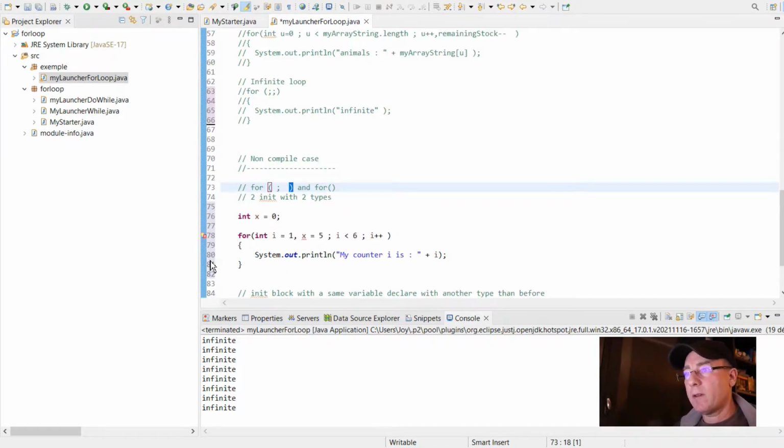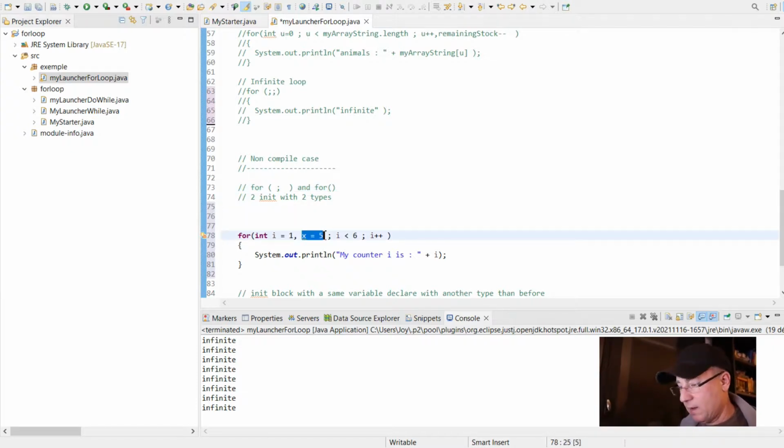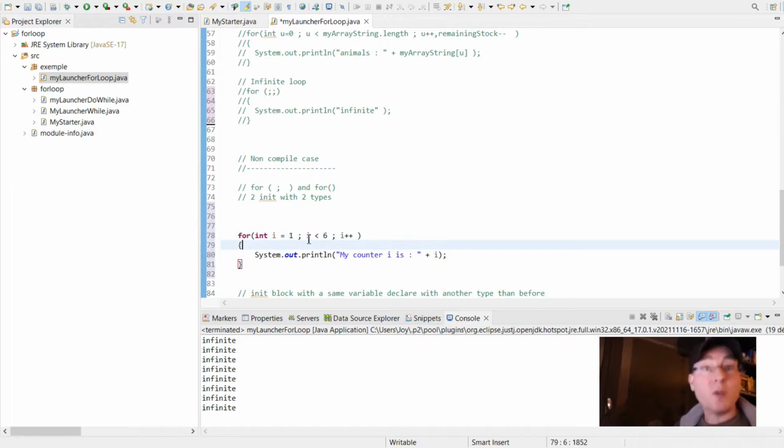And another case of problem. The middle block must be a boolean expression.